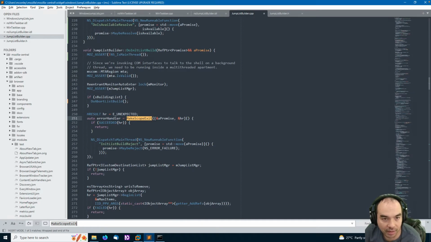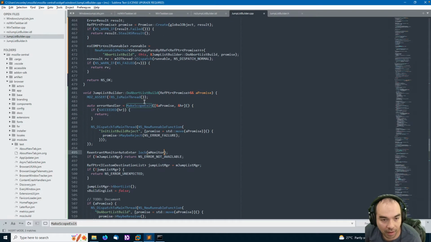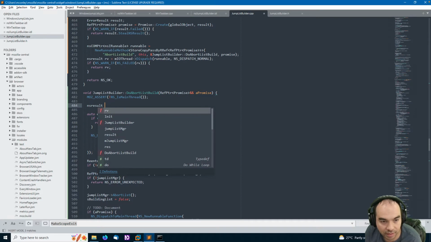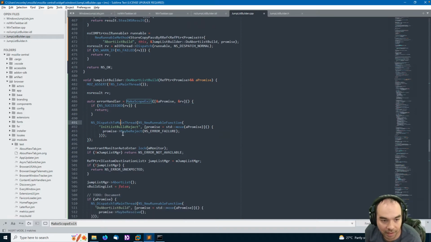That's how that's working. So I guess we can do it like this, like ns result rv, and we can pass that in. If ns succeeded rv, return. That shouldn't be possible, but okay.